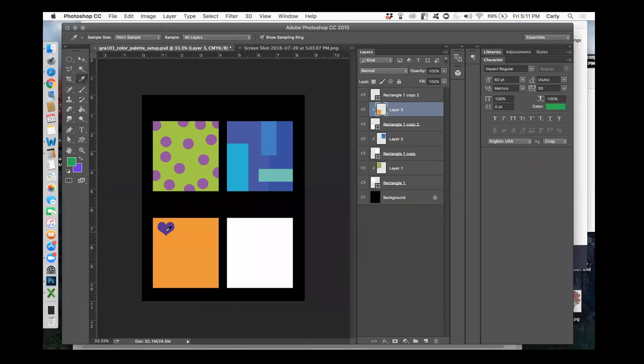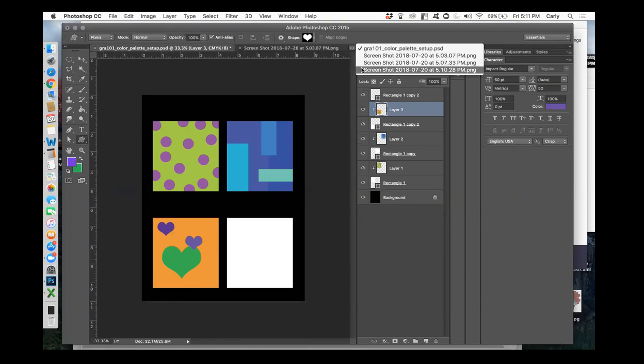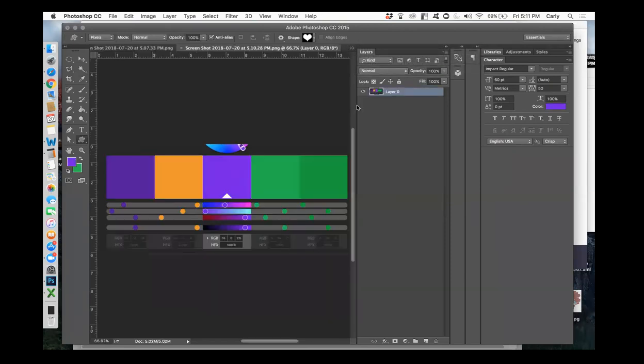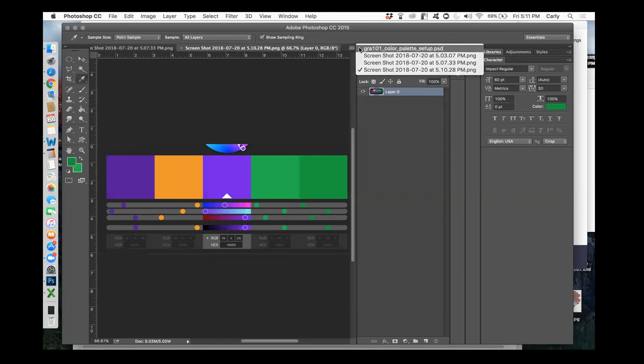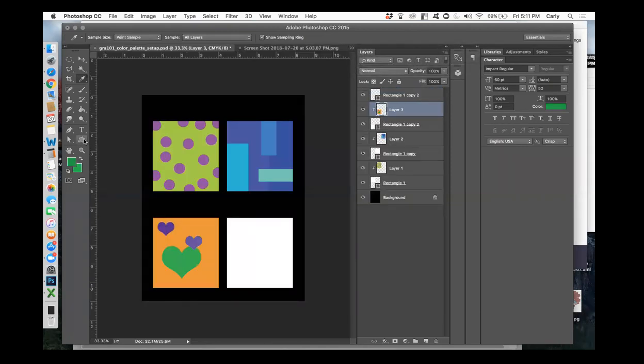Go back to my custom shape tool, which is over there. Go back to my screenshot, get another green, go over here to my color palette, use my shape tool,